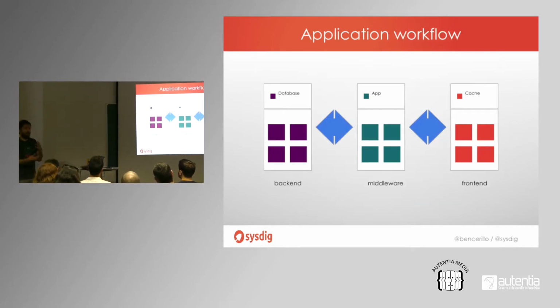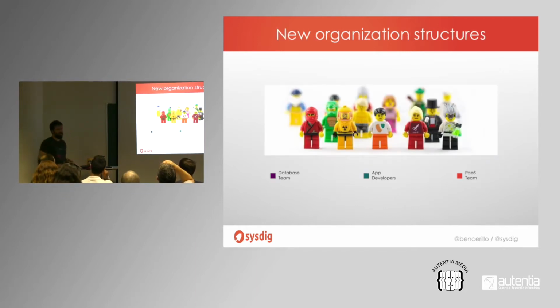Still, looking again at the application level, it's the same. We have the backend, the middleware, the front end. It's just that now every service has been decomposed into different microservices or different containers that are running in different places. So we see that some things are changing, some things are still the same, but we see a lot of changes.